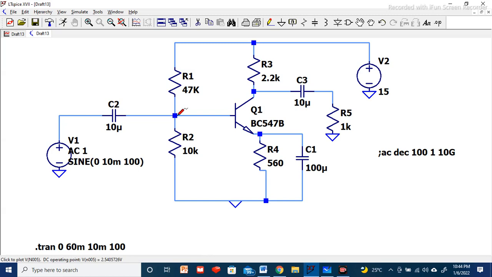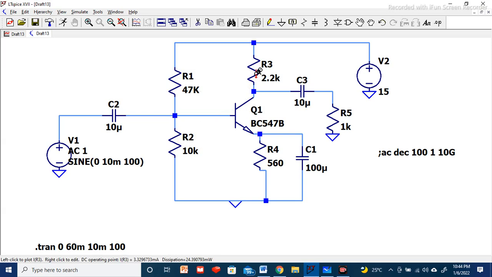We can bring this cursor here, this red color option, a pen kind of nib will come. You place it at this point. So we can see at the down 2.54 volt, which is the base voltage. And then we can see here the collector current. When we want to see the collector current, we bring the cursor near R3, which is nothing but the collector resistor, and we can see approximately 3.32 milliampere is the IC current. So across whichever component we want the current, we can bring the cursor this way and find out the currents.